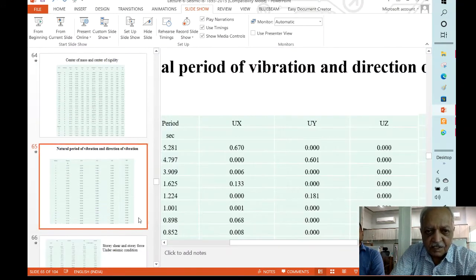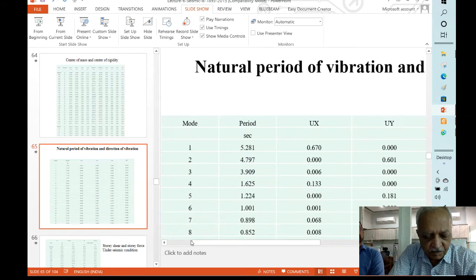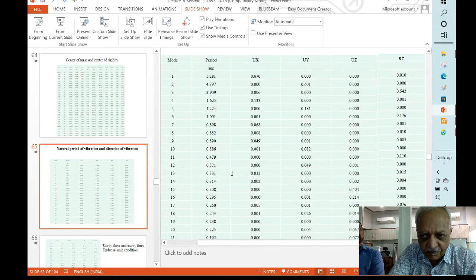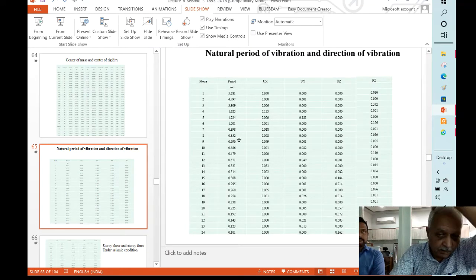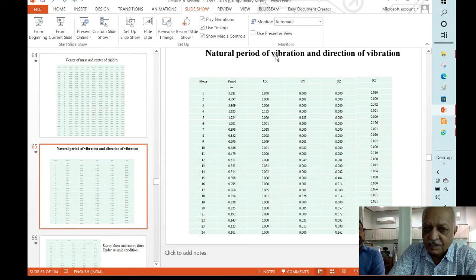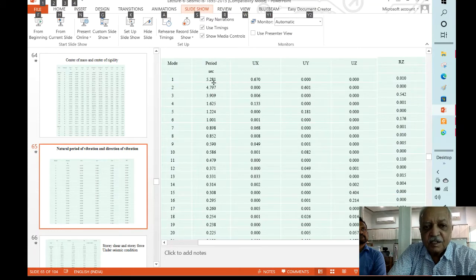Okay. Having considered that, then for the given building you are considering the period of vibration. So this period of vibration for the given building is now indicated in one table, natural periods of vibration and the direction of vibration. So here you can see that first mode of vibration, if you see over here, the period of vibration is 5.2 seconds, where in x direction the percentage or the component is 0.67. 1 is the highest value, while other values are